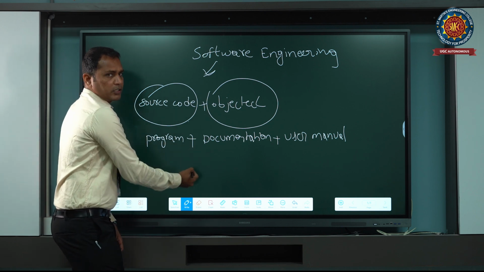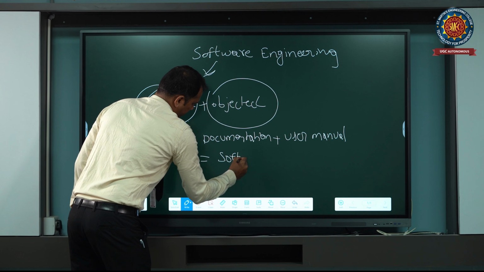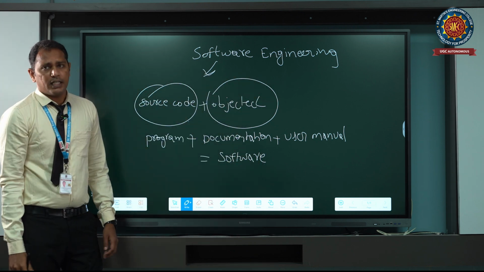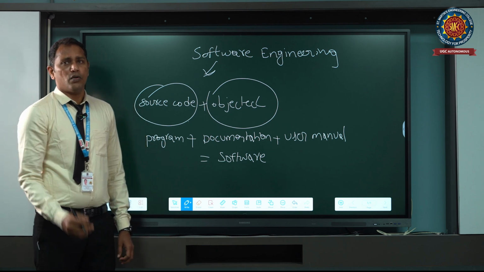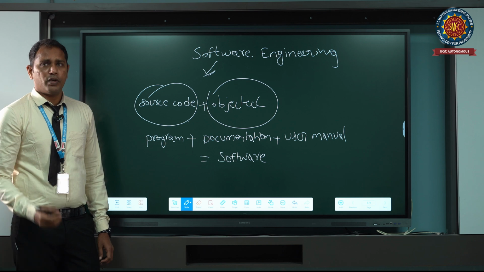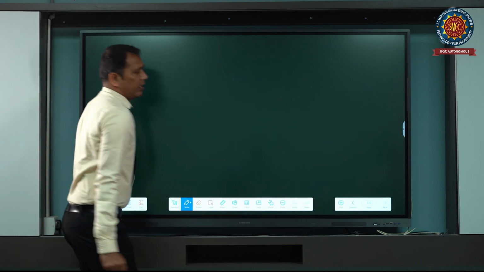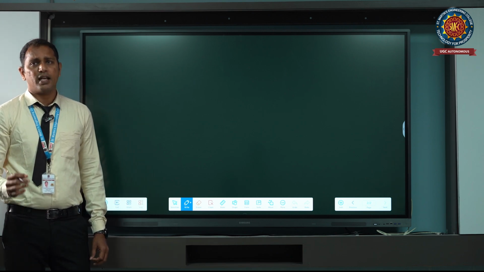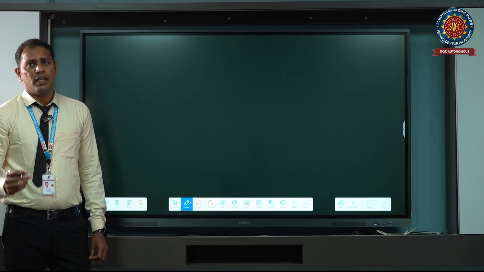Program plus documentation plus user manual is equal to software. What is engineering? Here the engineers develop the software, maintain the software, and implement the software. And what is the definition of software engineering? A systematic approach to analysis, design and implementation of software is known as software engineering.